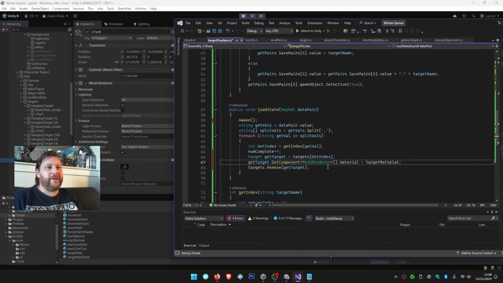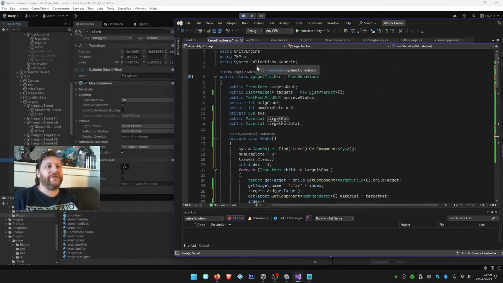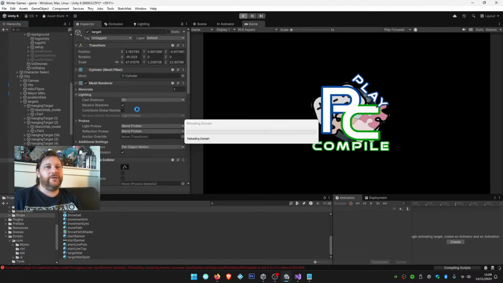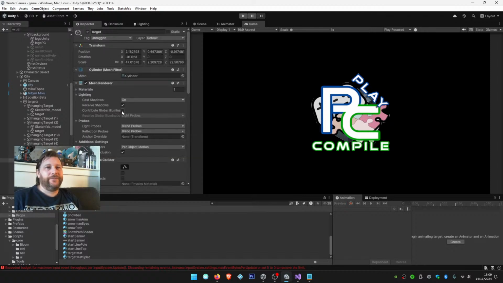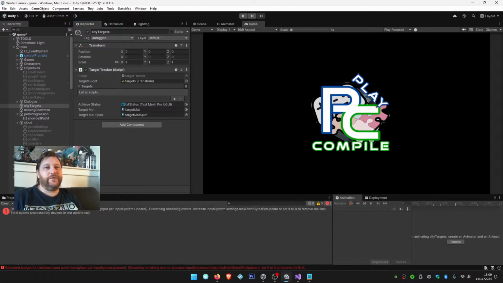So that should be it. We go and put the mat splats. We call Awake first. Awake now returns the mats to what they should be. So that's that part of it. That's not the whole thing though. We still need to link up the load. So when we load the player data now, a couple of things we need to do. Let's make sure that script knows about those materials. So there's target mat, there's mat splat. Beautiful. Now in our load function,